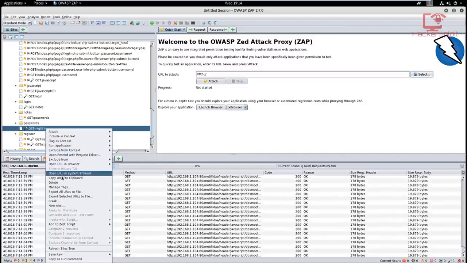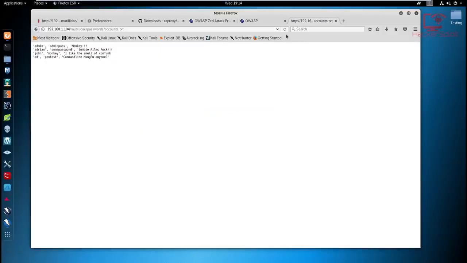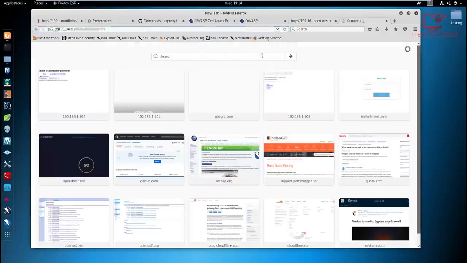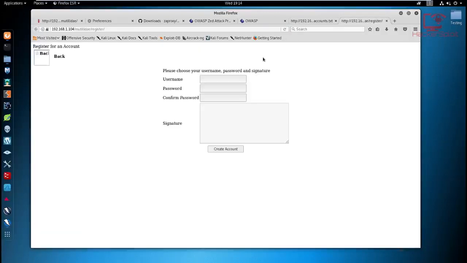Oh, we have the get register. Oh, now that's what I'm talking about. Copy URL to clipboard. This is actually quite fun. This is why bug bounty hunting is fun. Oh yeah, now this is what I'm talking about. We can actually register